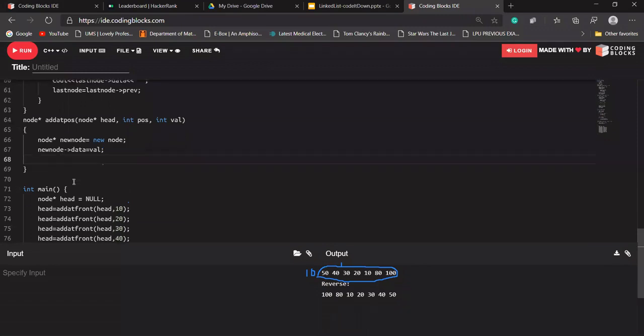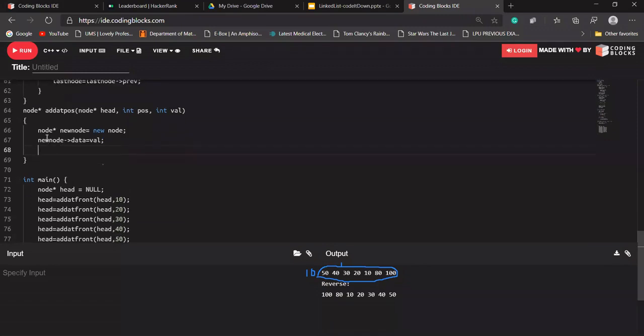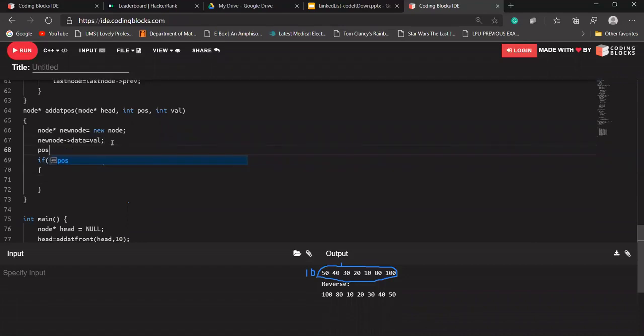So a new node is being created, and it says to add at that position. If position is less than 0, it is not possible.